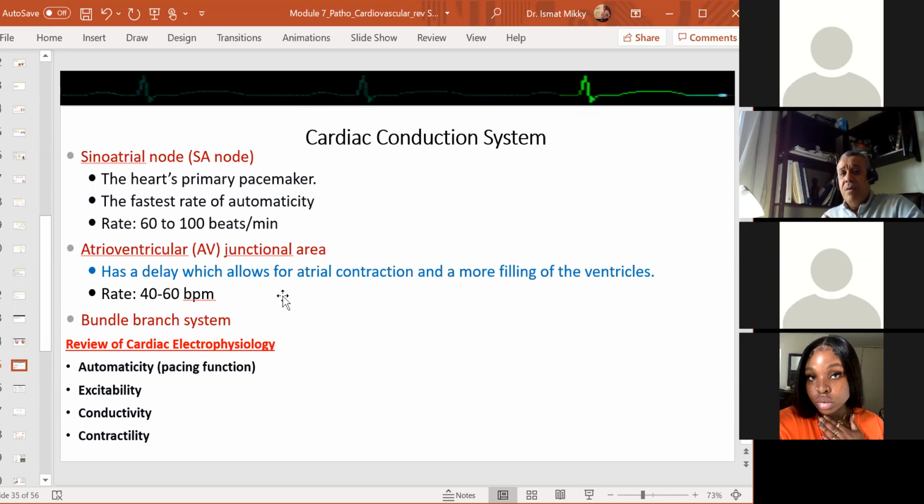Automaticity means pacing function, which means that any cell in the myocardium can and is able to pace the heart. Pacing means eliciting or firing the impulse of the conduction system, and this can result in some type of disturbed